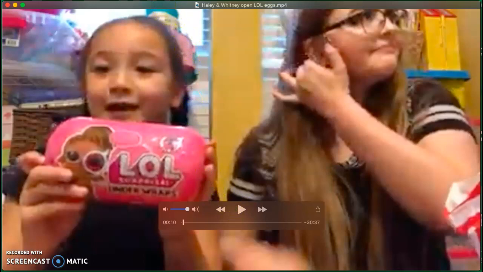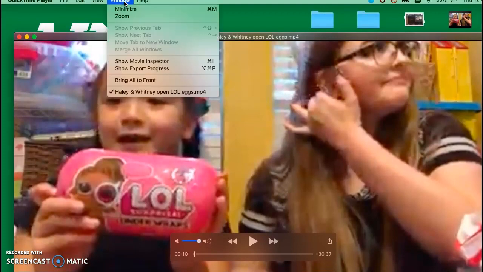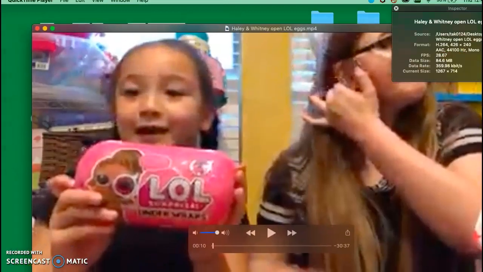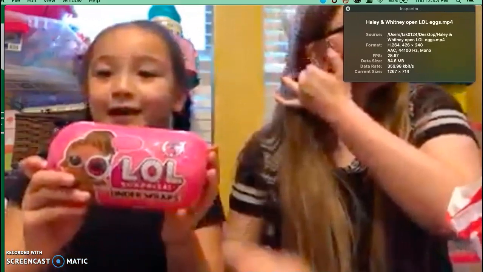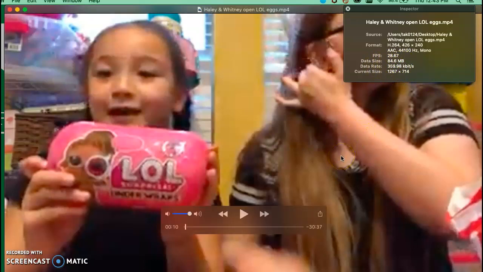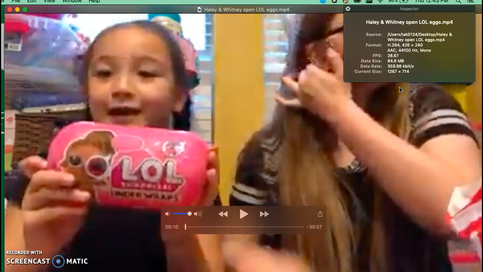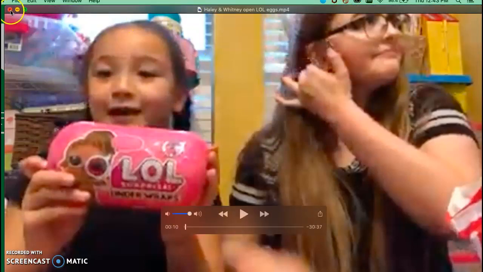Now I'm going to come up here on my Mac. You can see up here where it says Window. I'm going to click on Window, and I'm going to say Show Movie Inspector, because what I want to see is how much memory this is going to take. You can see here it says data size 84.6 megabytes. It went from like 1.8 gigabytes to 84.6 megabytes, which you need to be under 250 megabytes, so it's well under that limit that we need. And now I'm going to turn that off